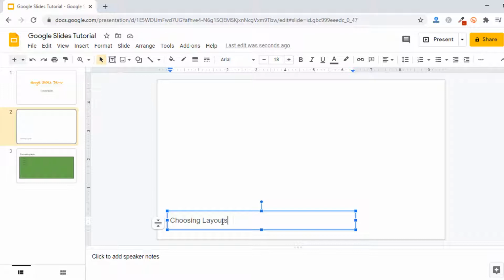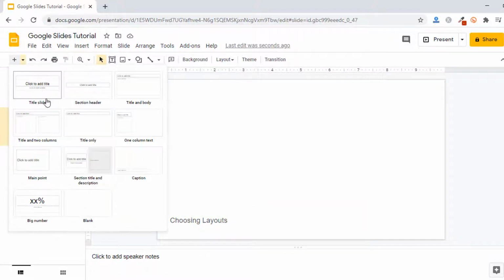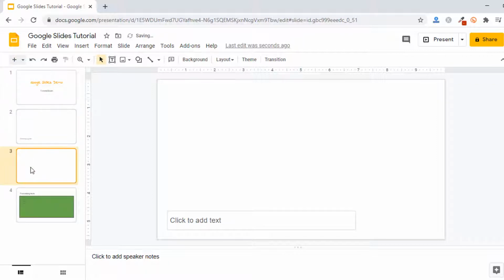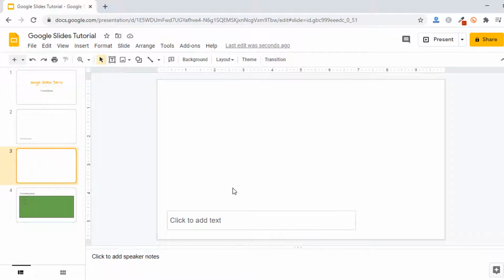Alright, so you can add anything, and while creating a new slide, if you do not choose a layout, Google Slides will create the same layout as your previous slide, I mean the last slide. So what I mean is, at this point you are in the second slide, and for this we had chosen this caption layout, and let's say I want to insert a new slide again, and if I click on this plus button, it will create the layout which is the same as the previous layout. You see, for this particular slide we have this particular layout, and for the third slide we have the same layout as the previous one. So make sure that you choose your layout wisely.